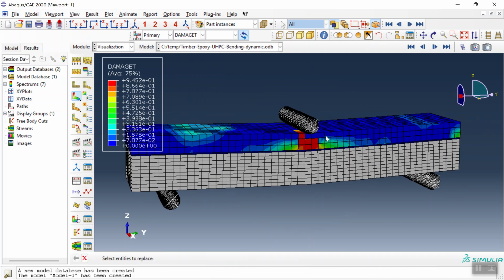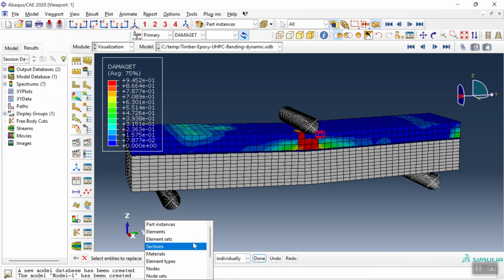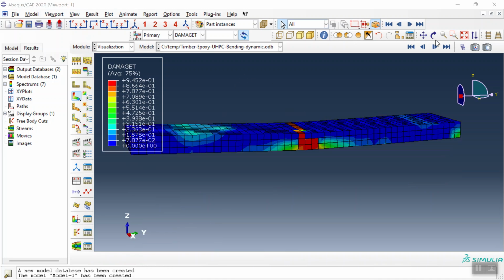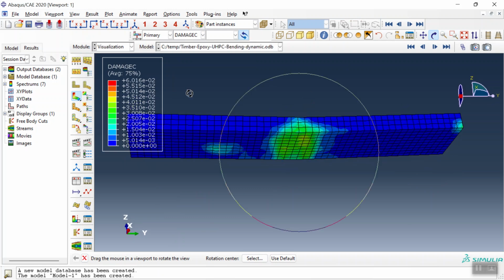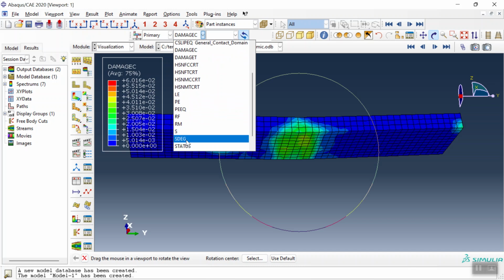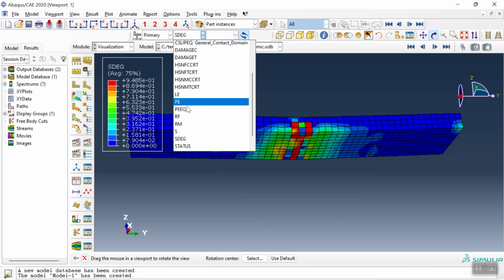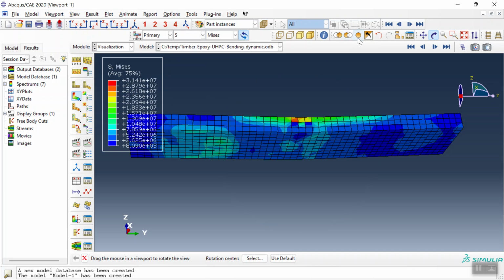And let me now replace, for instance, the ultra high performance concrete. See the damage for that, or compression damage, or stiffness degradation, or the stress. Now let me